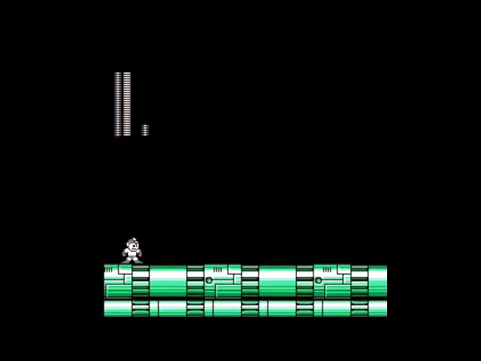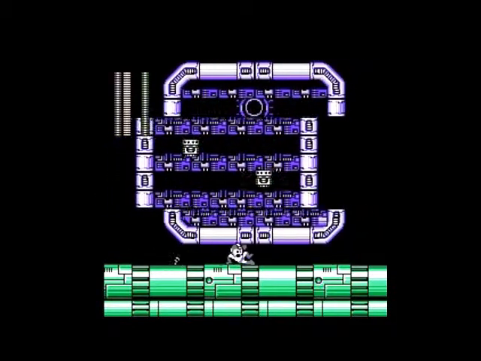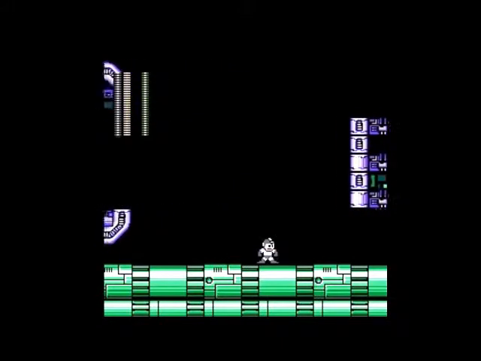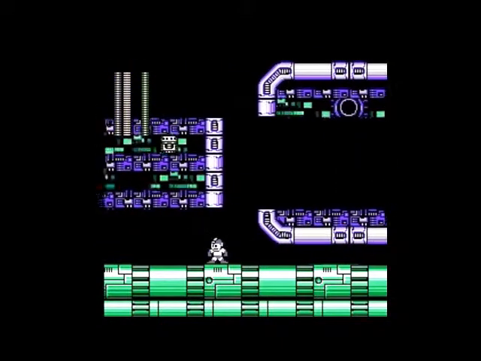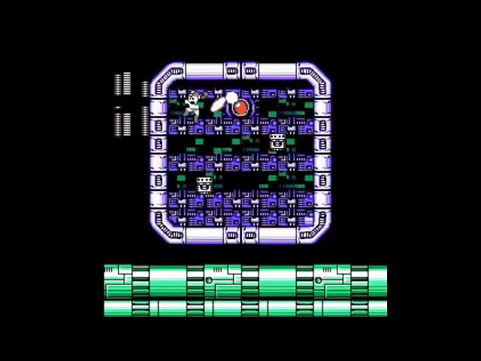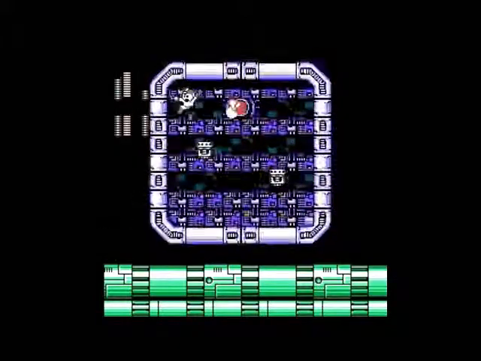This is a really fun boss though. He'll come at you at one of 3 different speeds, and when he's at its slowest, he'll stop in the middle, and you need to be inside that little room, and that's when he'll actually attack. You want to shoot the core for massive damage,